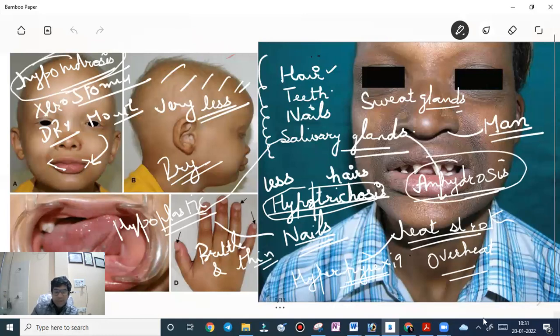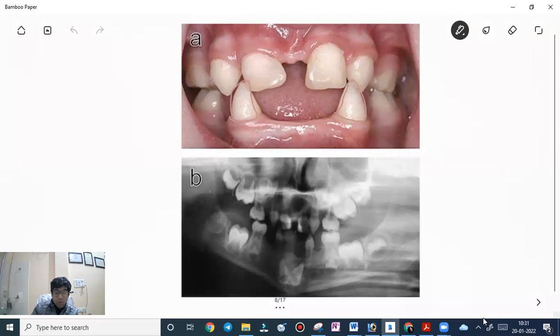So let us move to the teeth part. So what changes will you see? There will be complete or partial absence of teeth. So you can see here is the partial absence of the teeth. Now, what is the term used? The term used will be,